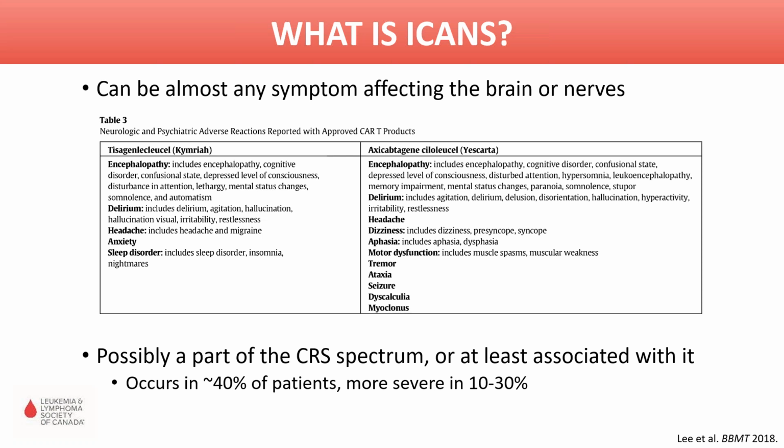So you can see I have listed in this table a bunch of different neurologic changes that have been noted to occur with CAR T cell therapy. So it's a long list, but the main point is it really causes a lot of cognitive changes, changes in level of consciousness, confusion, disturbance in attention. In some patients, it can cause hallucinations, agitation, restlessness, irritability, headaches, migraines, anxiety. Some patients, it leads to something called aphasia. So this is where somebody has difficulty speaking,